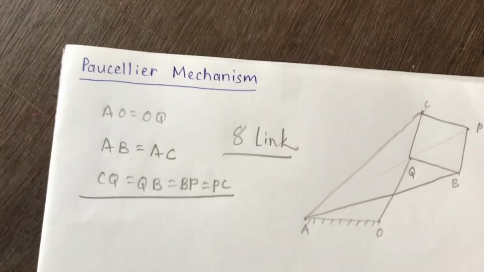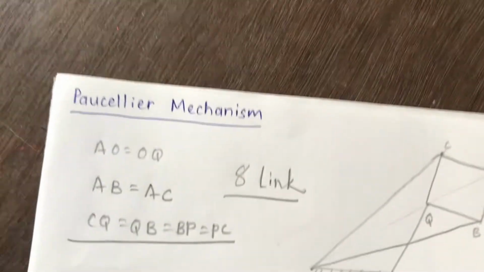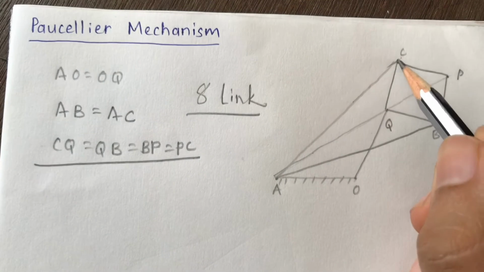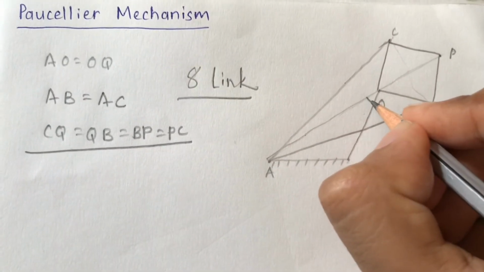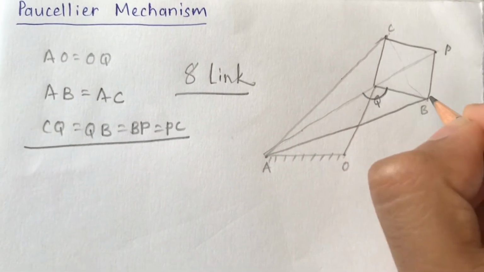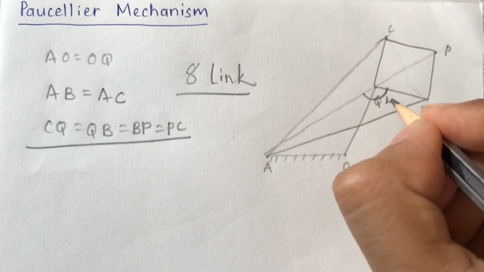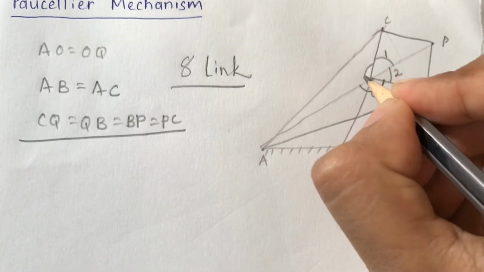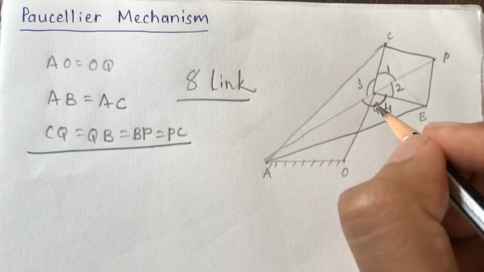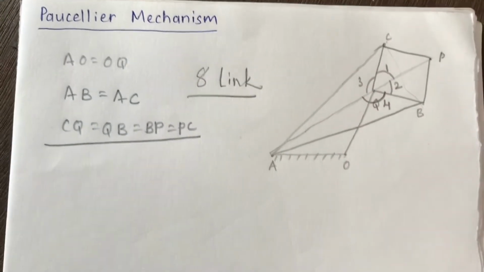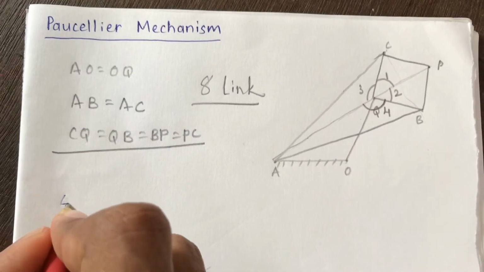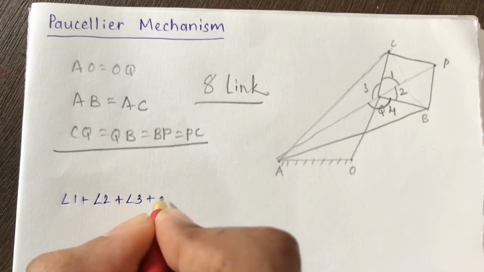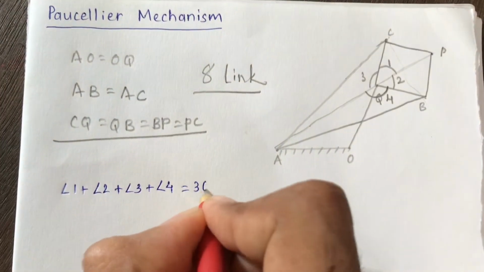In case we consider an imaginary line over here, say this one is the imaginary line, angle QB with AQ, say the fourth angle, say this one is the second angle, say here it is the first angle, and this one is say the third angle. So we can consider this one is the full 360 degrees. So from the diagram we can understand that angle 1 plus 2 plus 3 plus 4 is equal to 360 degrees.